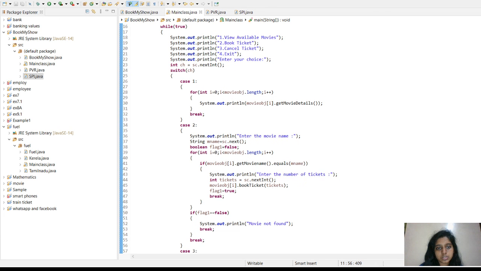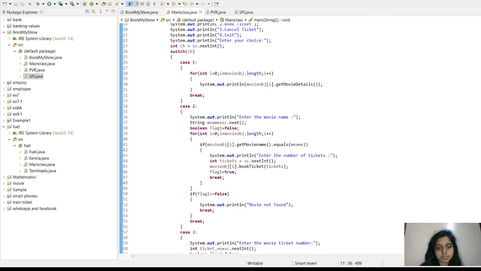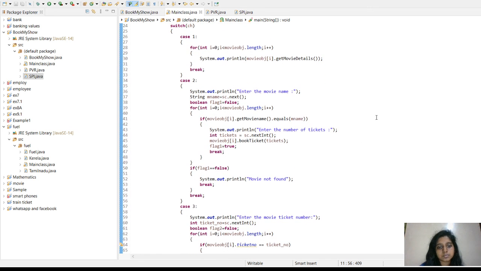Or else if the user chooses two, which is book ticket, we have to enter the movie name, and it will check whether there is space for that. I mean, first it will check whether this movie is available, or this movie is going to release, or going to play in any of the theaters.